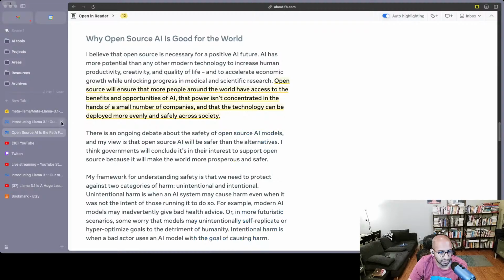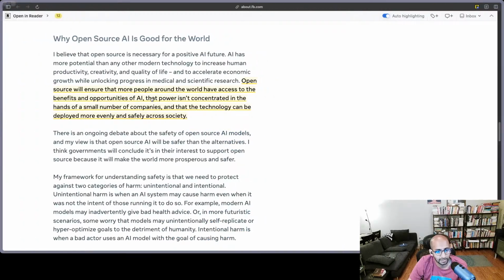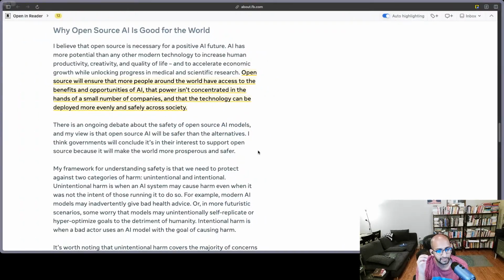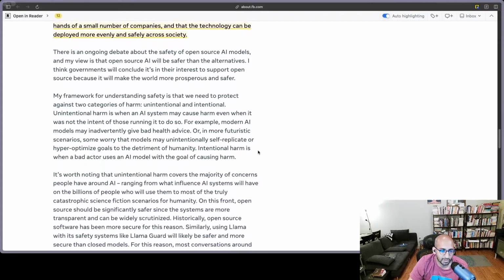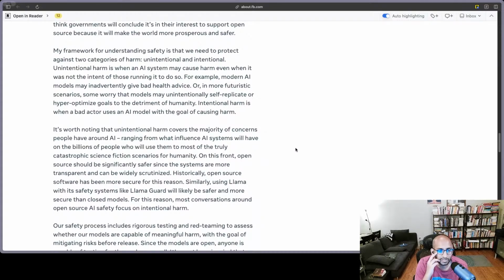But thankfully I did. This is an ongoing debate about the safety of open source AI models, and my view is that open source AI will be safer than the alternatives. I think governments will conclude it is in their interest to support open source because it will make the world more prosperous and safer. My framework for understanding safety is that we need to protect against two categories of harm: unintentional and intentional. Unintentional harm is when an AI system may cause harm